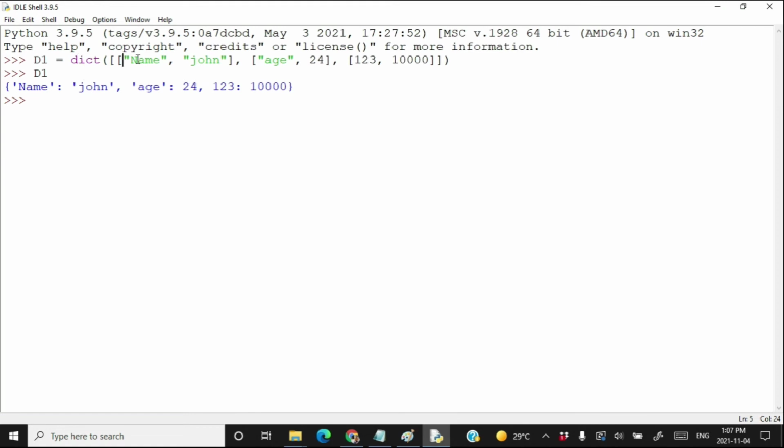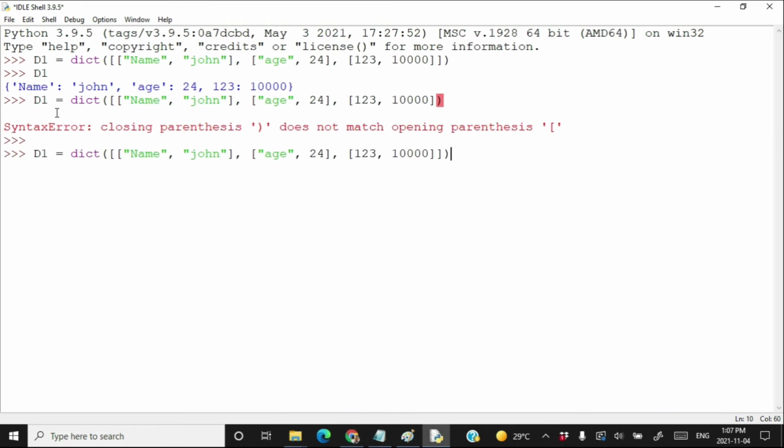Here also you can use any immutable data type as a key and any data type as a value. Instead of using a list of lists, you can use a tuple of tuples for the same purpose.